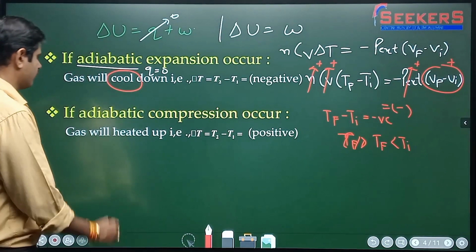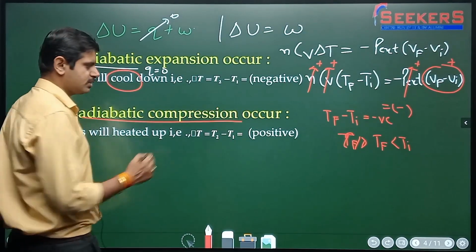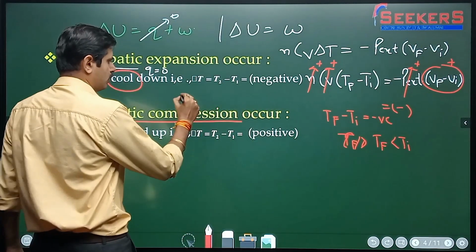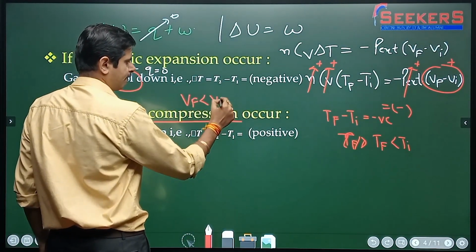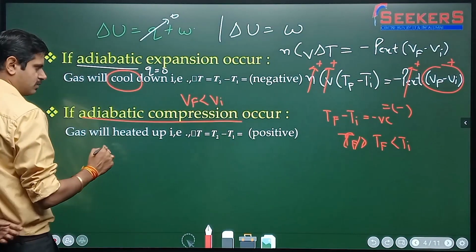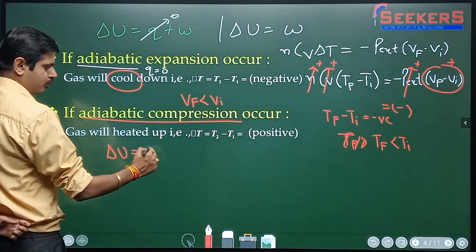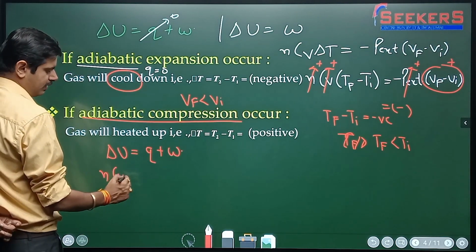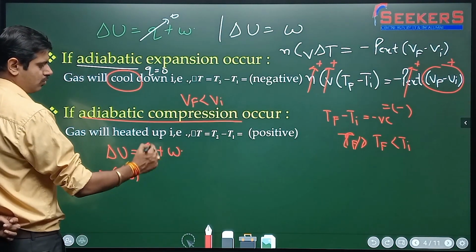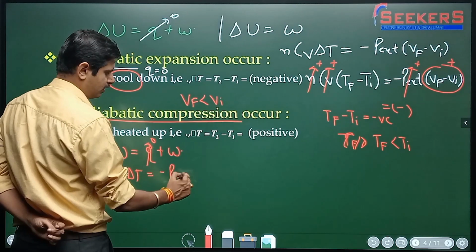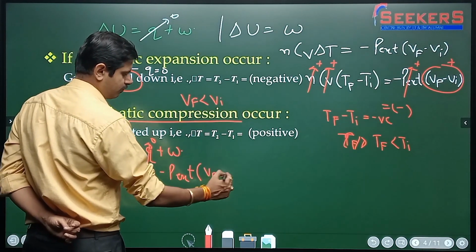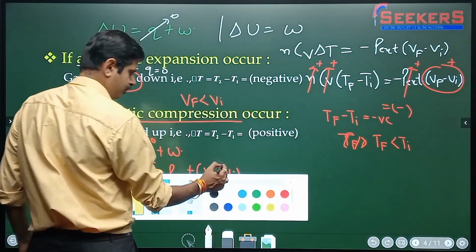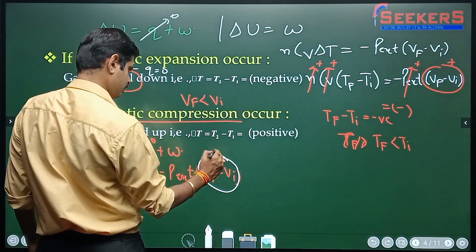The opposite thing will happen in adiabatic compression. Compression means my bigger volume will become a lower volume. So V final will be less than V initial. So delta U equals Q plus W. Delta U equals n Cv delta T. Q is 0. Work done is minus P external times V final minus V initial. This time V initial is greater, so V final minus V initial is negative and this overall value will be